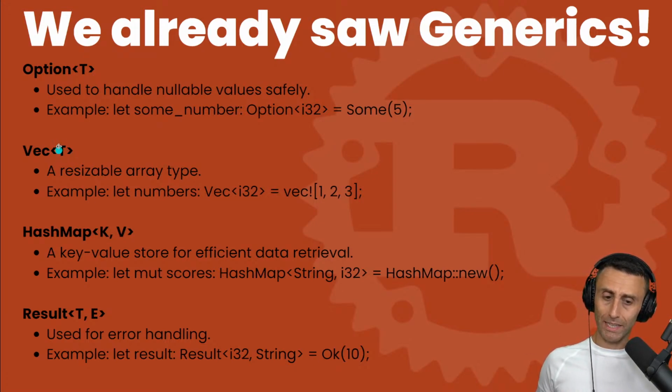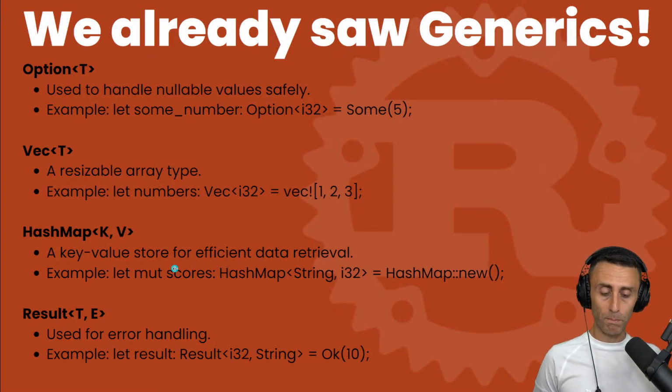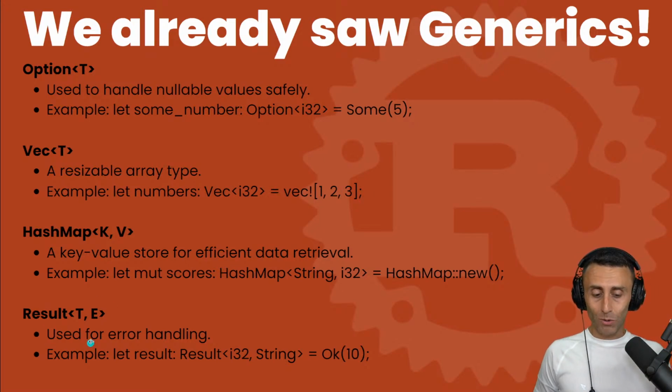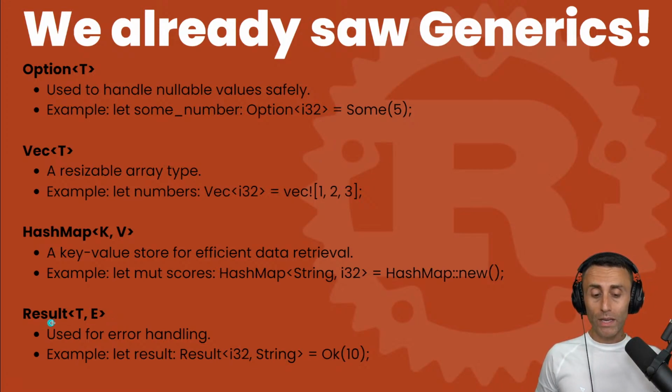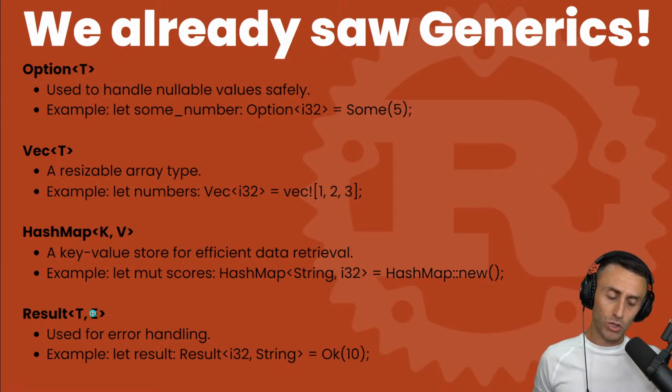By the way, this T is not mandatory, but it is more of a convention. For example, a hash map, we can have a hash map of strings and integers, like key-value pairs. And check this out, Result. We saw this in the previous video about error handling. We have a Result with T and E, because we can have anything here. Usually this is what we would like to have, or an error here, which can be a string or something